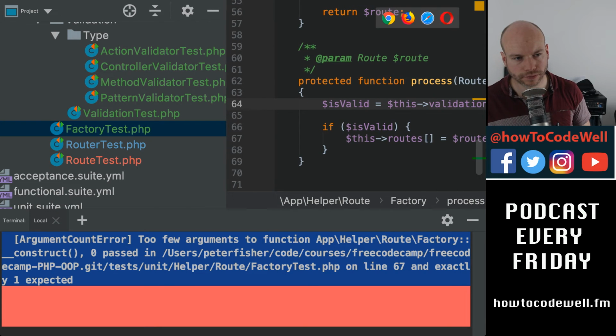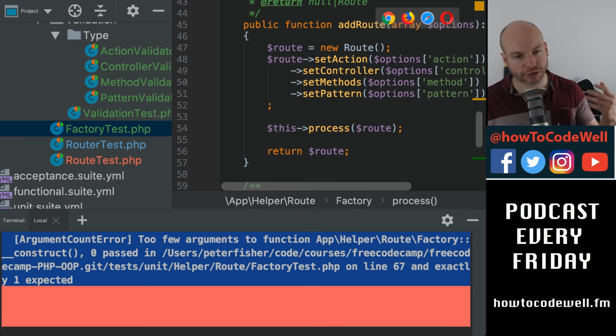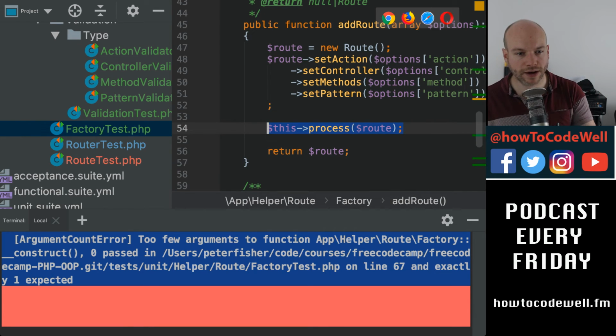So the factory's responsibility is only to build routes. That's all it's doing. It shouldn't be processing the routes. It just builds the routes, regardless of whether they are correct. So if we remove that,